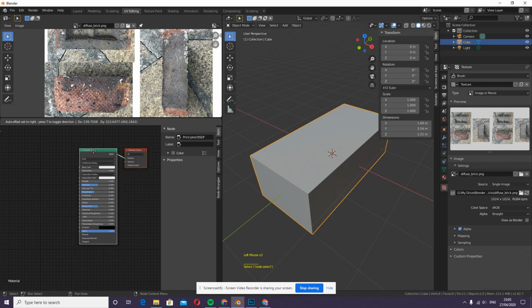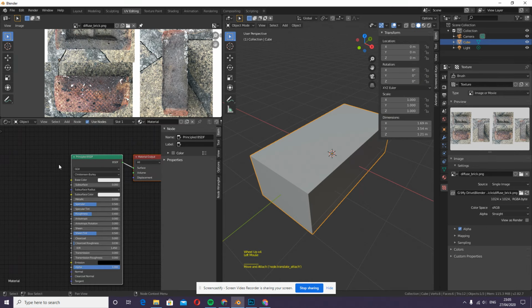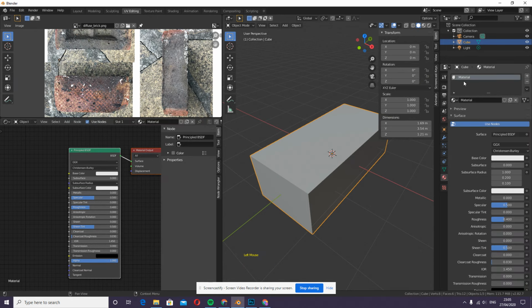And this is what we should really be paying attention to, these nodes, and doing a bit of basic shading. This is the node here for the default material. You can see the same settings down here in the material tab, but this is the node editor for combining different types of surfaces, etc., to create